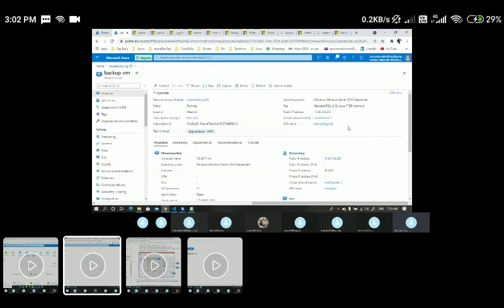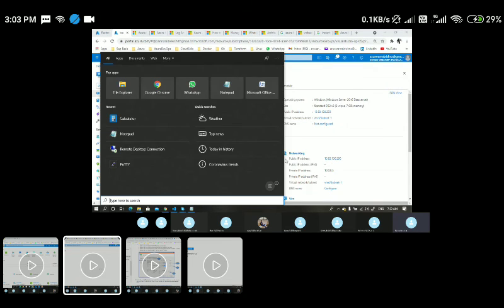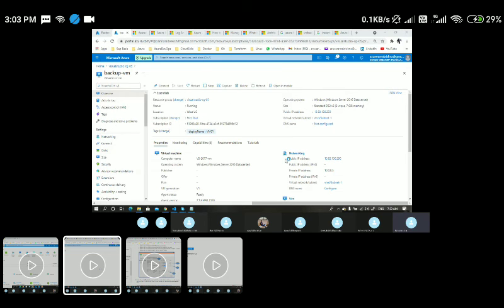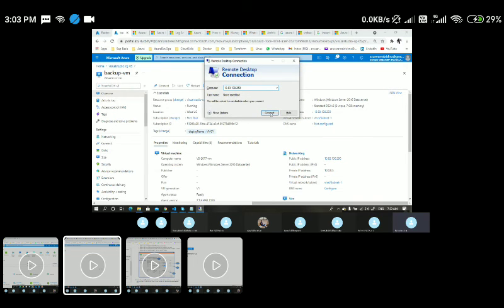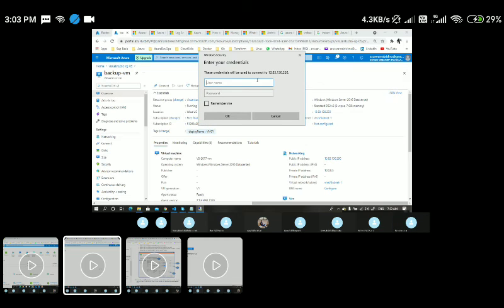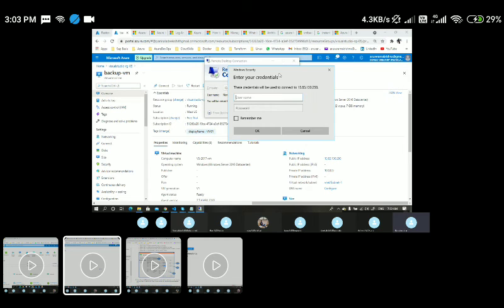Just taking an RDP. Maybe Deekshit, if you remember the username and password, can you just ping me? I'll right away try to take an RDP. Let's see whether these same credentials are working or not, just to validate it. Okay, so what was the username you have given? Same Azure user, or a different one? Maybe you can just ping me on my personal WhatsApp.